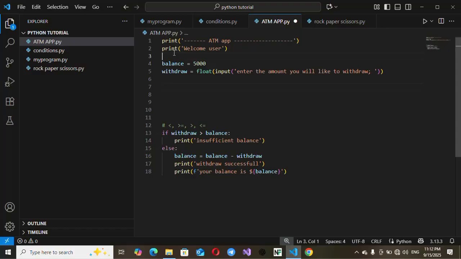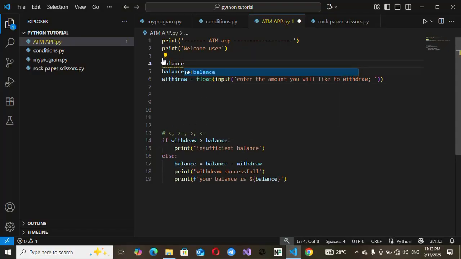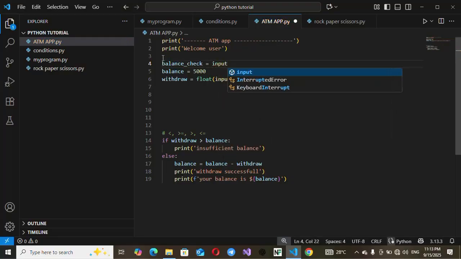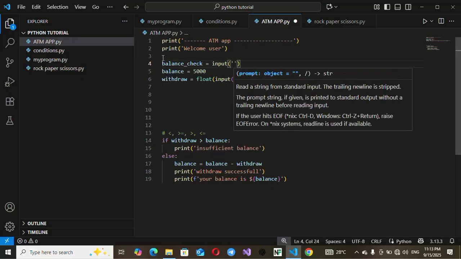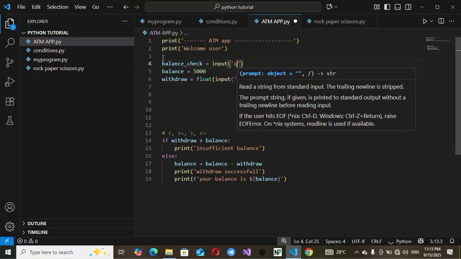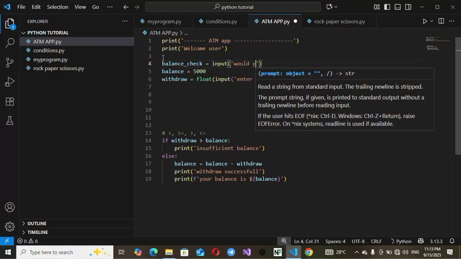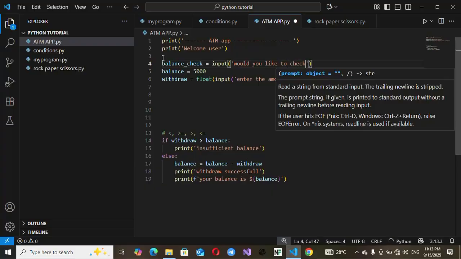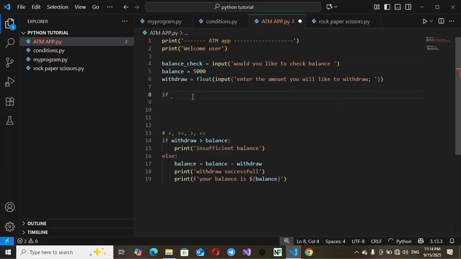Let's say balance check equals input, would you like to check balance? If balance check equals yes,